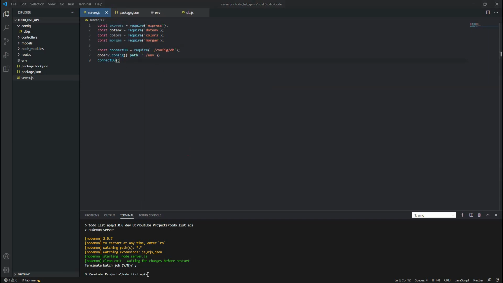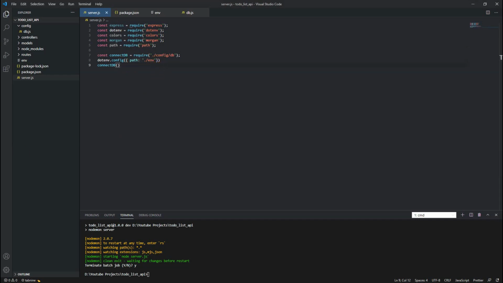I think all fine. We need to bring in path also. So require path. This path comes by default with Node. This is needed, I think.